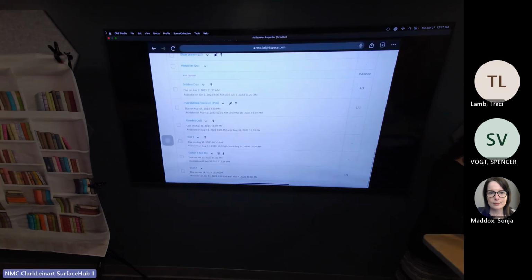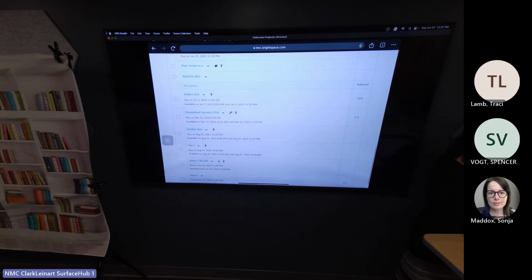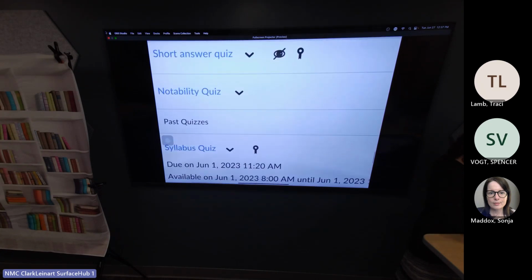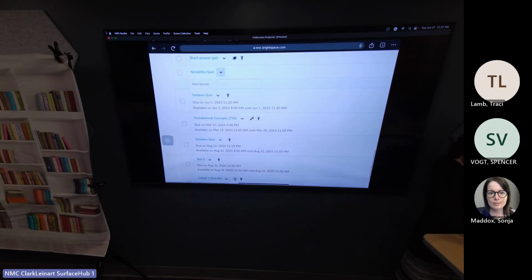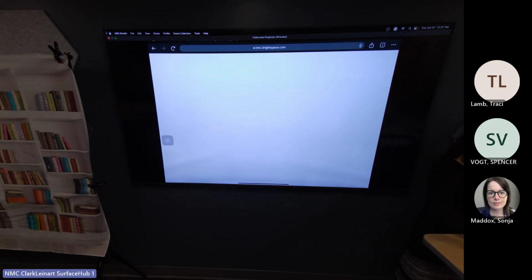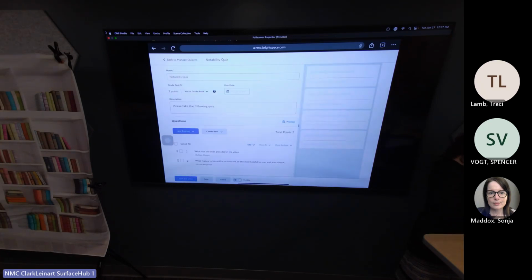I have a lot of stuff in here. And there it is, my notability quiz. And then you can go in and edit if you wanted to add new questions specific to this section, or this would be where you would put in your due dates and those sort of pieces. And then make sure that it's syncing to the gradebook, because obviously, since we pulled it from another course, it's not associated to this one anymore. So that's where all of those pieces are.